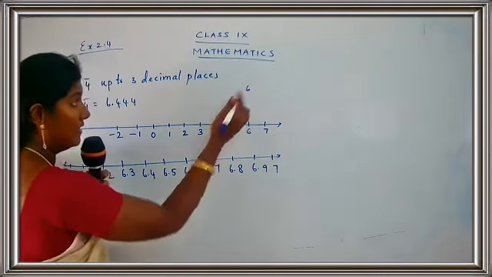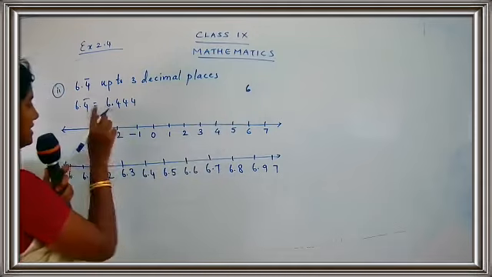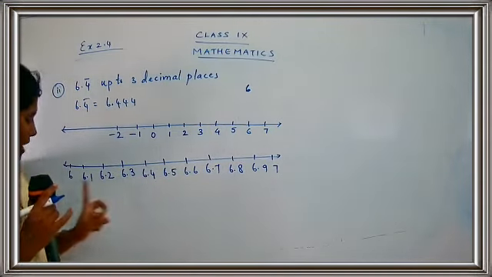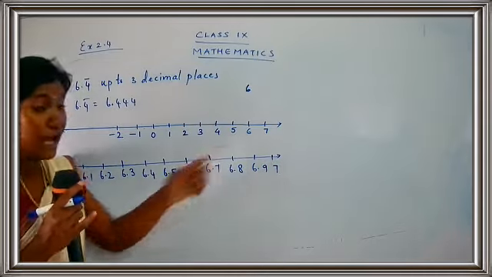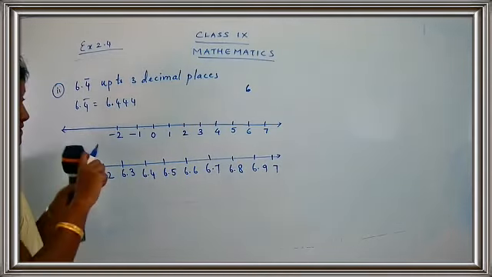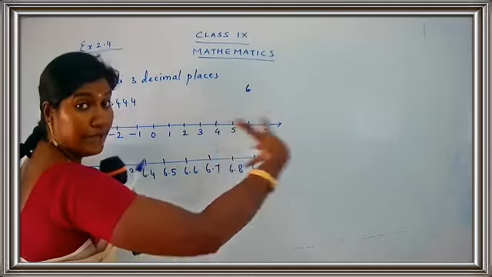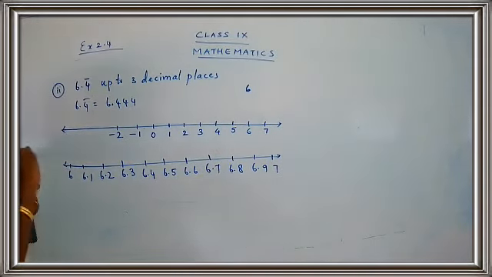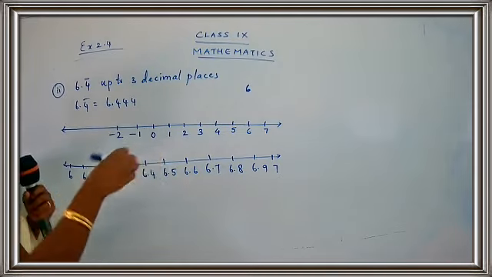We have found that you have the starting number as 6, yes, children? So it lies between 6 and the next number, that is 7. So you have to write down 6 and 7. What have you done? You have magnified. You have just kept a magnifying lens and you have enlarged it. So I got this number. Now what is the next thing? You are going to join 6, 6 and you are going to join 7, 7.